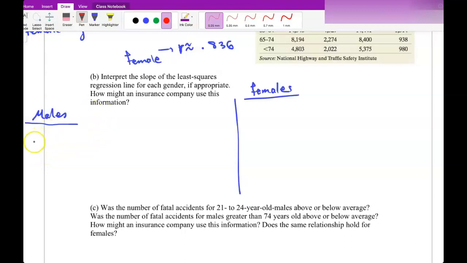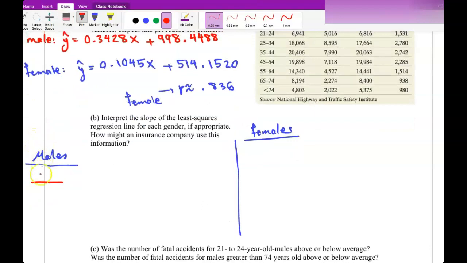So based on what the slope is: 0.3428 over 1, and here is 0.1045 over 1. So what that means,